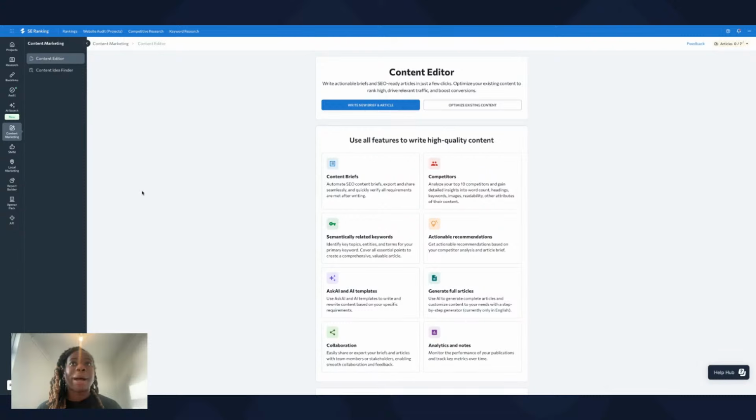The amazing thing about the content editor, again, we want to streamline all of these tools because we did say SEO ranking has over 30 plus SEO tools. So you can do everything that you want to do within this one platform. So once you have your keywords and the topics you want to write, and you're just stuck on how to write it, the content editor looks at how to help you write high quality content,